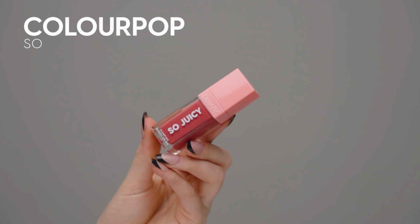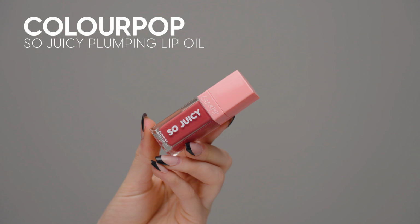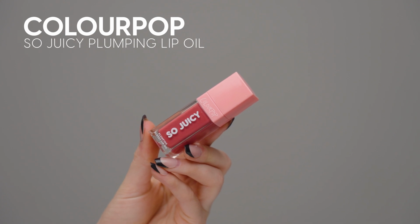And now you could leave your lip combo just like this, it looks gorgeous, but I'm gonna go on top with a little bit of lip gloss. This one is by ColourPop. This is their So Juicy Plumpy Glossy Lip Oil. I'm using the shade Hits Diff, and I really love this lip oil for a drugstore product, but the one thing I don't like is how it's so hard to pull this out and then it goops everywhere. My camera won't focus, but there is lip gloss all over the packaging now, so that's annoying, but I still